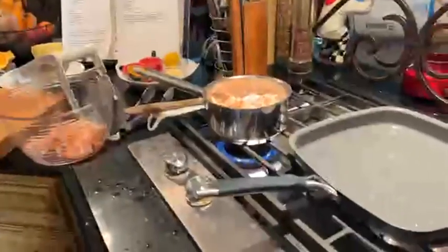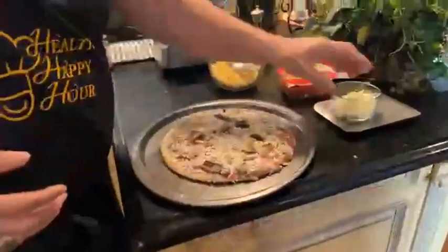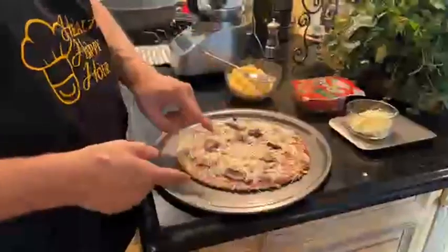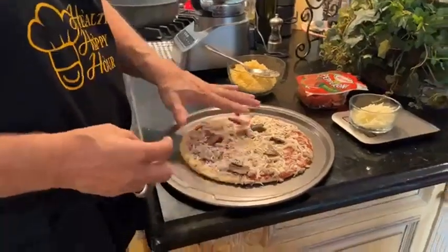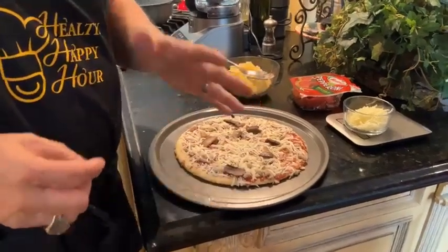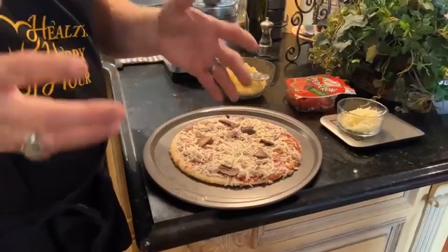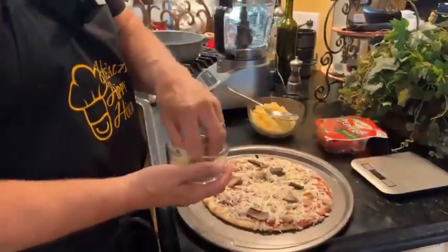All right, so our shrimp shells are going. Now, I've got the oven up here. We're at 300 and something degrees right now. Let me show you what I'm doing with that. Debbie's still got a little tummy issue going on. So I've got these cauliflower crust pizzas. They're available at almost every grocery store right now under several different names. California Kitchens is one. Cauliflower is another brand name. And so what I'm going to do is...